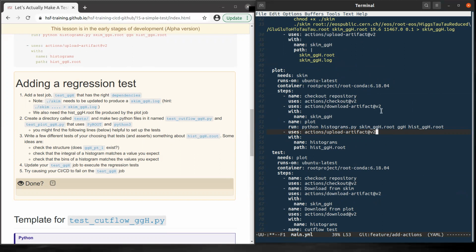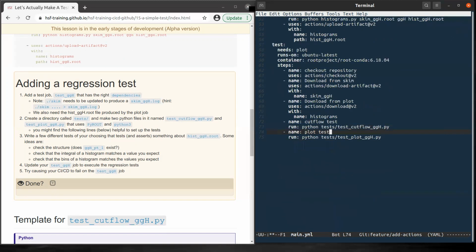They will be uploaded, and the plot needs to download the skim root file, and then at the end we'll produce histograms that will be uploaded, and the test will test the skim and the plot. As you can see here, we have two tests, the catflow and the plot test.